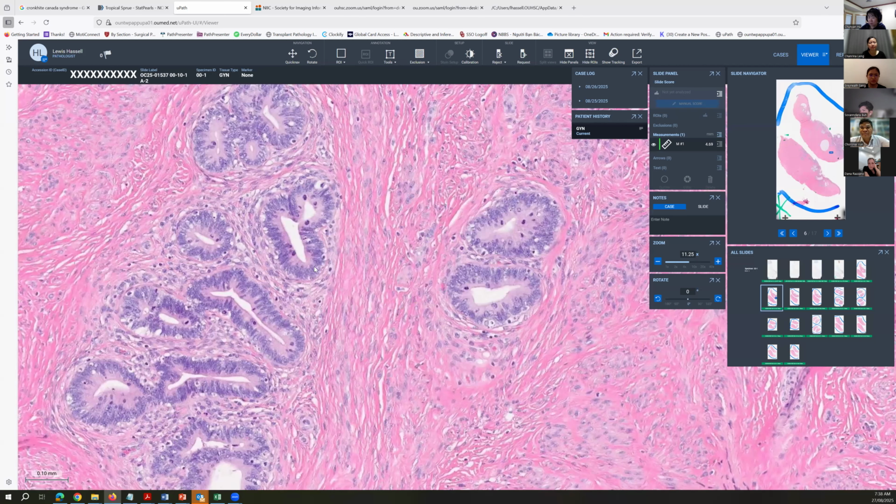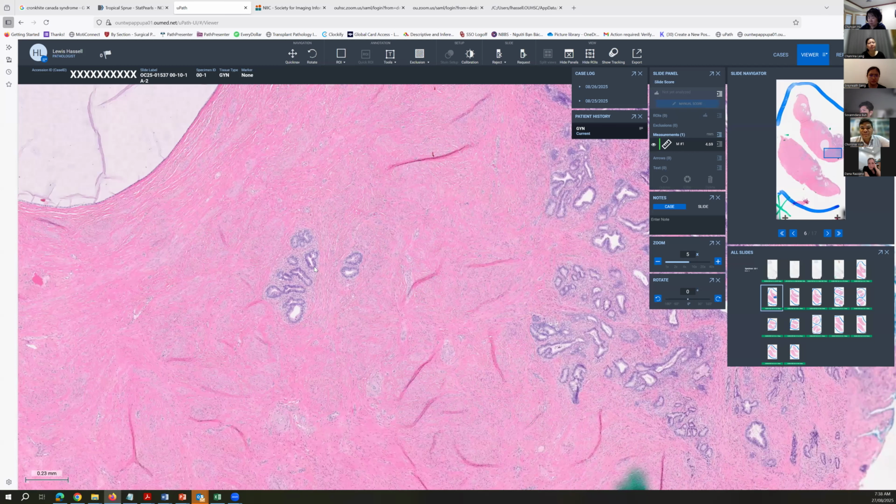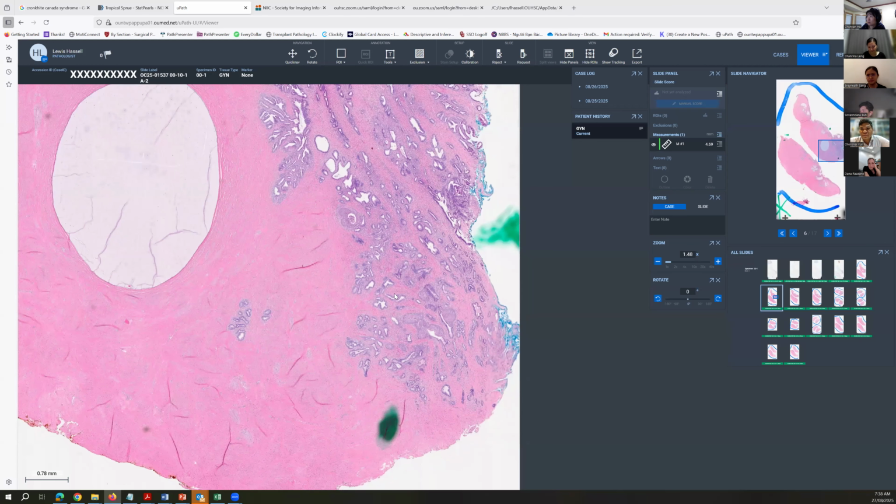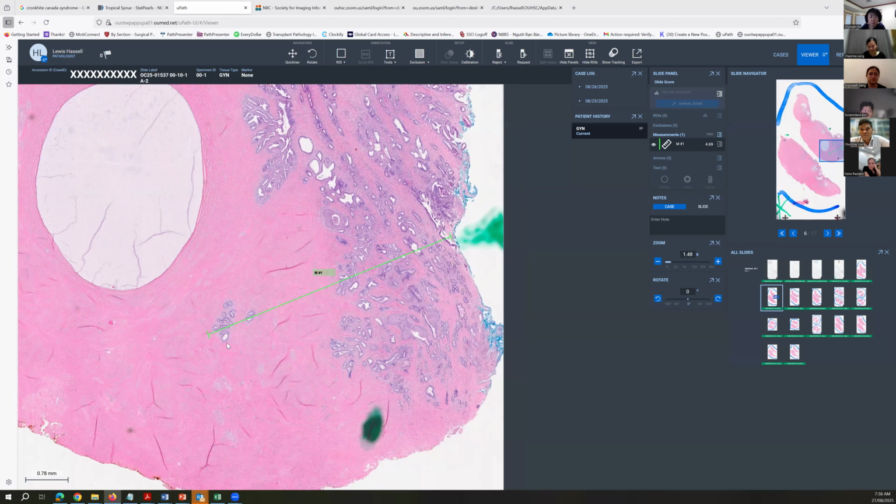So, and I don't know, maybe Esther or Padnini have other experience, but I find it very difficult oftentimes to decide, is this invasive or is this still in situ disease? So oftentimes we will just give a total thickness of the lesion, which is kind of what I did here, just to measure the total thickness. And that will help the clinician decide, do I need to do a simple hysterectomy or a radical hysterectomy based on this depth of extension?